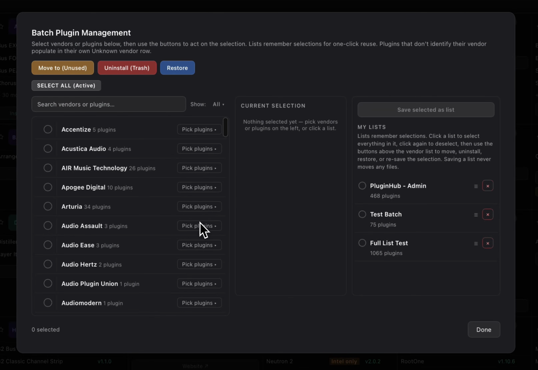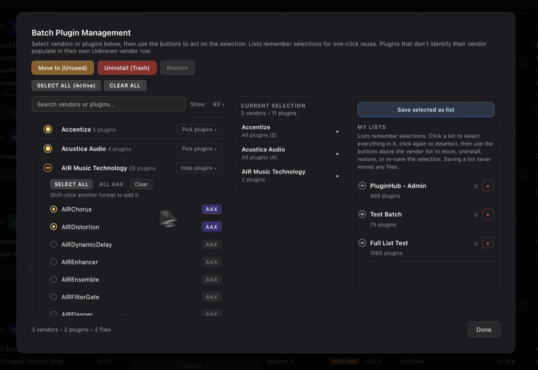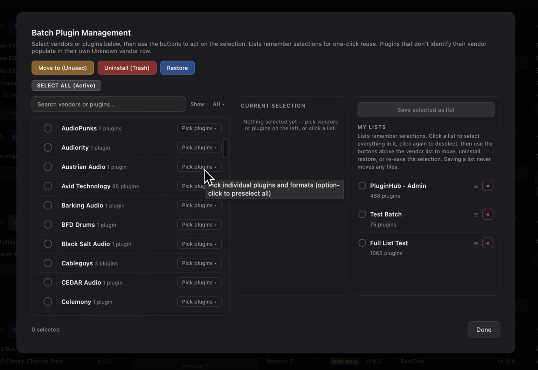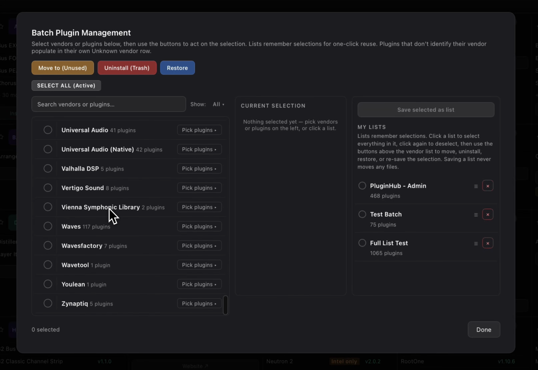Batch plugin management is the newest tool in PluginHub. It allows you to select multiple plugins and/or multiple vendors and create lists if you wish, and batch move those plugins and vendors to unused folders or batch uninstall them. This is a pretty great feature if you have engineers in your studio that don't all own the same plugins